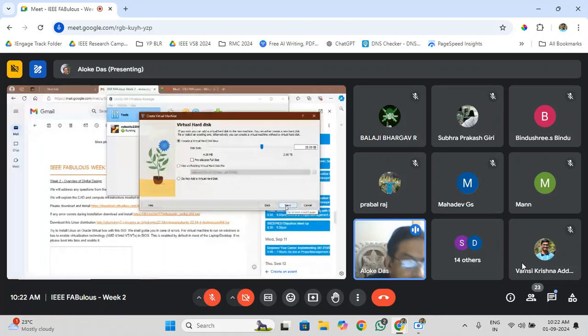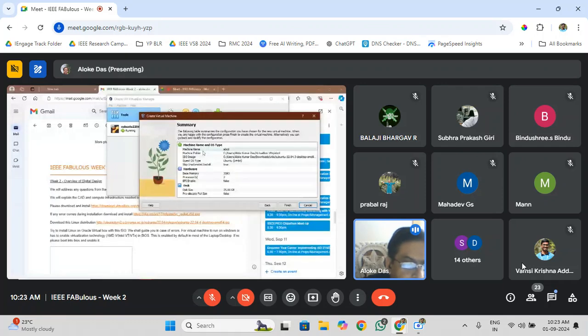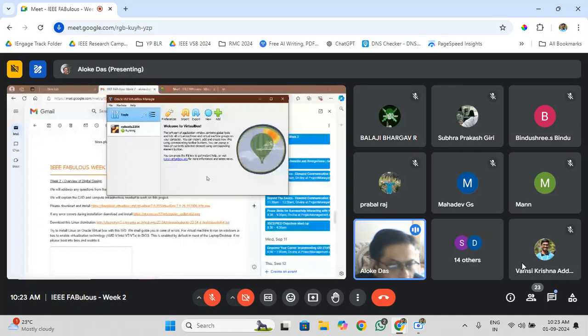This is the configuration, machine name, this is the ISO, and all these things are there. I'll not click on finish, because it will then try to install. But I want to show one thing. After you start installing, if you have seen how to install on a bare desktop or laptop for the first time, the same windows will come. It will ask for your